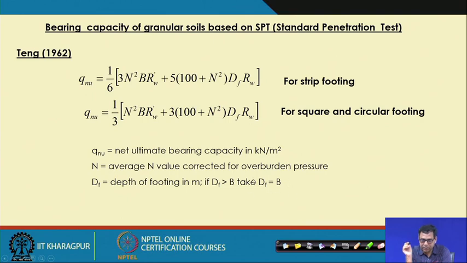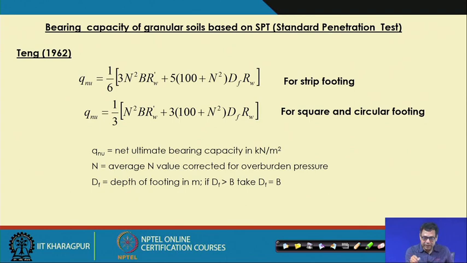So, this is the recommendation, and that means what we have to do is know the R w dash and R w. These are the factors for the water table. So, how can I calculate R w dash and R w, because other things, the N value we can get, and we will get the df value. If df is greater than b, we take df equal to b, and b is the width of the foundation. In case of circular, instead of b, it will be the radius r. That is obvious for all the equations.